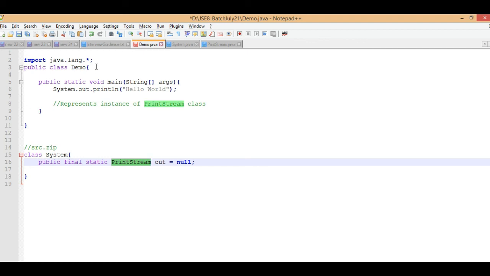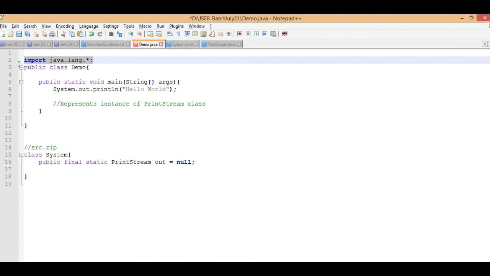This is a better declaration and a better approach, that you don't need to import any package right now to support any class. By default Java provides the lang support, so each program imports this package internally. So I am explaining what is going on internally, right?